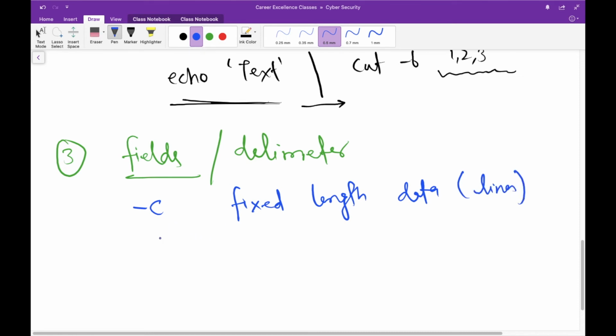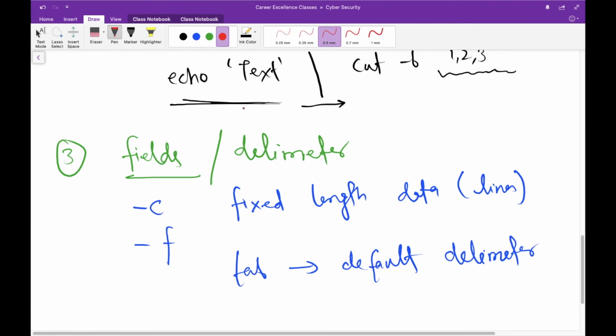But that is not always the case, and that's why we need to use the -f option and cut by fields. The cut command uses tab as the default delimiter, but you can always work with some other delimiter, and you specify that by using the option -d.